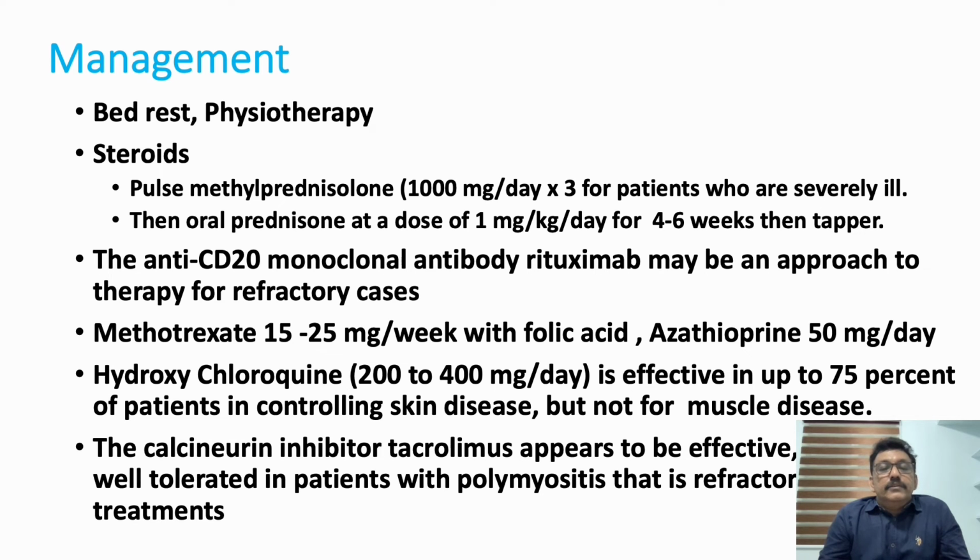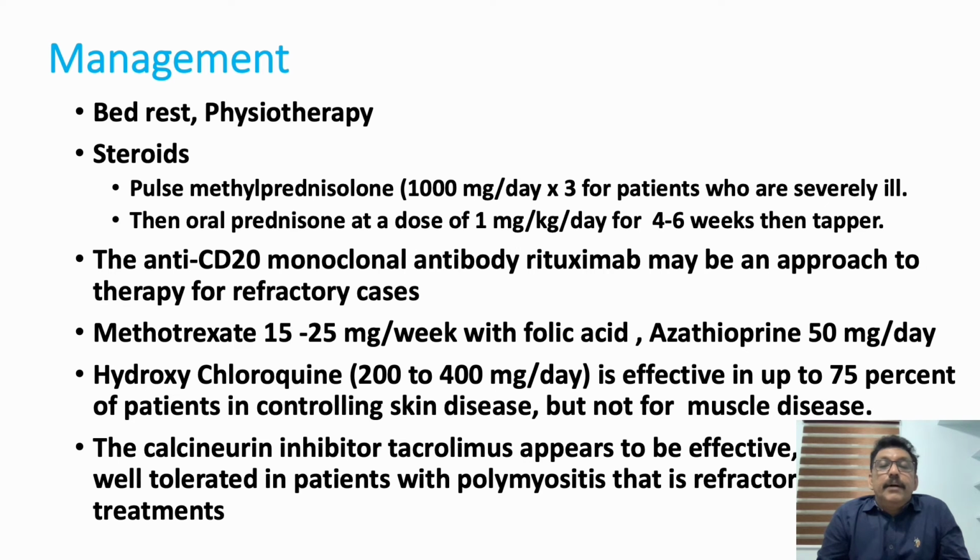Then we can switch to oral prednisolone 1 mg per kg body weight, which can be continued up to 4 to 6 weeks. Then slowly taper the dose over a period of 3 to 6 months. Another important drug that can be given in the initial phase itself is the anti-CD20 monoclonal antibody, rituximab, that can be tried. Once the patient is stabilized on steroids, steroids cannot be continued for a longer time because steroids